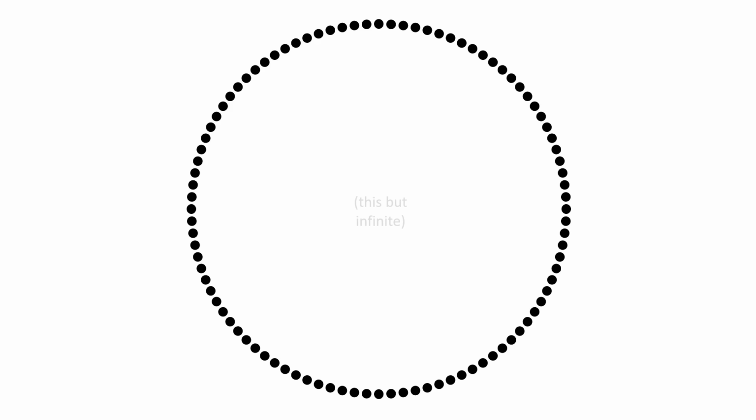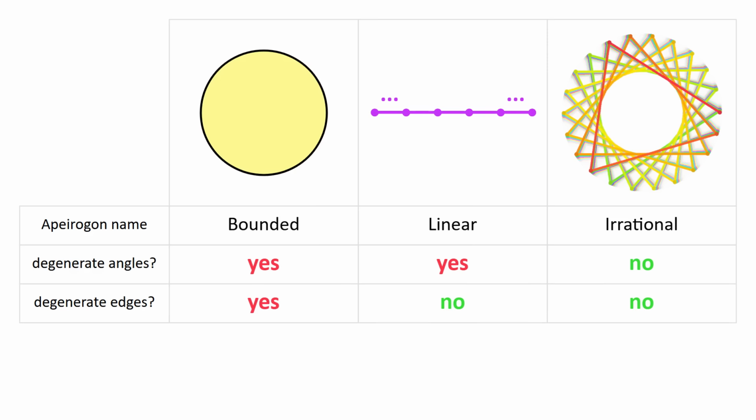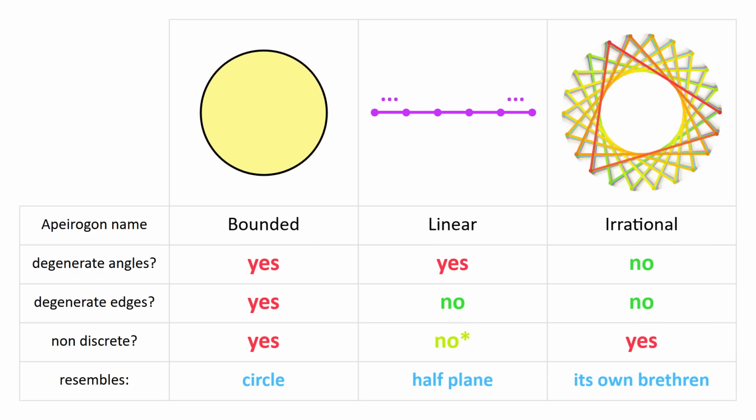Infinitely many corners arranged in a circle, each of which joins 2 edges, which move you 1/pi of the way around the circle, and following the chain gets you to any other corner. This is yet another type of apeirogon. Unlike the others, it has non-degenerate angles, but although its edges have length, its symmetry group is continuous rather than discrete. This isn't an issue itself unless you specifically forbid non-discrete symmetries, but it does introduce a new type of